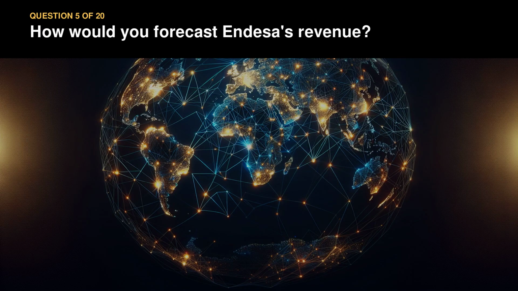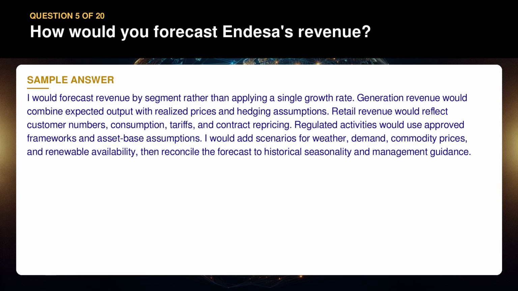Question 5. How would you forecast Endesa's revenue? I would forecast revenue by segment rather than applying a single growth rate. Generation revenue would combine expected output with realized prices and hedging assumptions. Retail revenue would reflect customer numbers, consumption, tariffs, and contract repricing. Regulated activities would use approved frameworks and asset base assumptions. I would add scenarios for weather, demand, commodity prices, and renewable availability, then reconcile the forecast to historical seasonality and